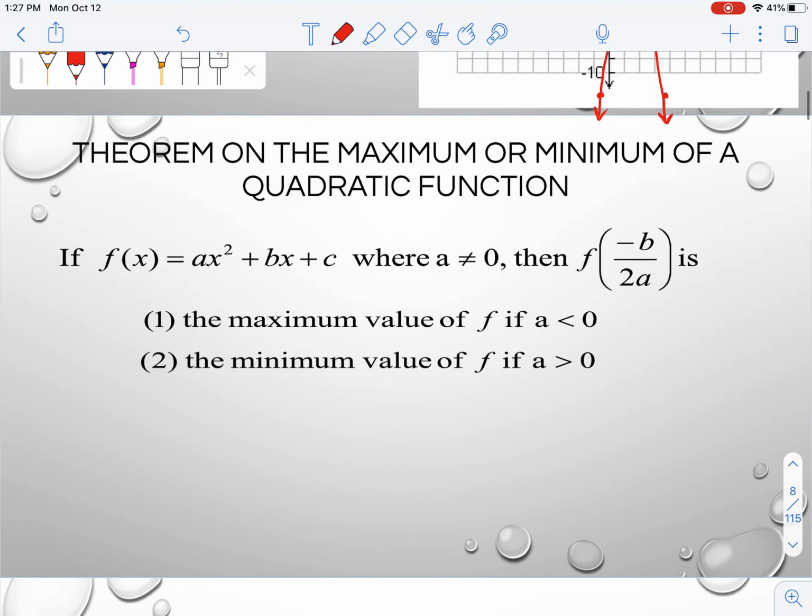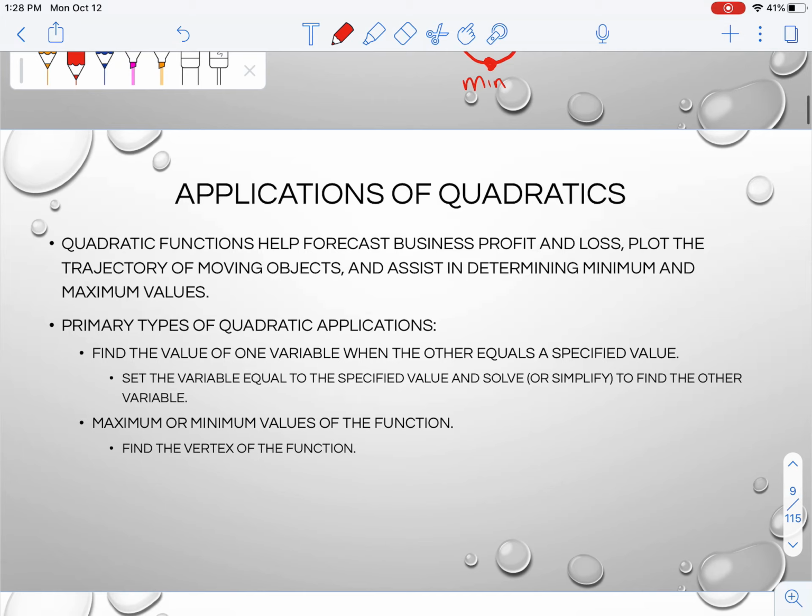So a quick little theorem here, right, on max or mins of a quadratic function. If I have a quadratic in standard form, then f of -b over 2a, so the y value of the vertex, is a maximum of the graph if a is less than 0. Think about it, if a is less than 0, I'm going to have a graph that opens downward, right, and that vertex is going to be the max of my graph. If a is greater than 0, then it's going to be a minimum of the graph. I'm going to have a parabola that's opening upward here, and that vertex is going to be the lowest point, or the minimum of the graph. All right, so